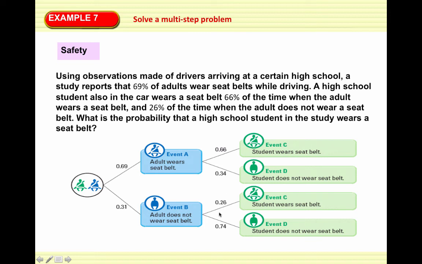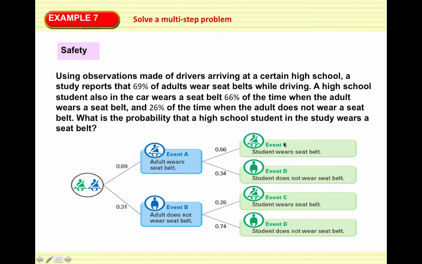Now, we were also told that in the event that an adult does not wear a seatbelt, the student has only a 26% chance of wearing a seatbelt. So the probability that a student wears a seatbelt given that the adult does not is 0.26. So the probability that the student follows the example of the adult there is going to be 1 minus 0.26, and it's going to be 0.74. Okay, so we're going to use this